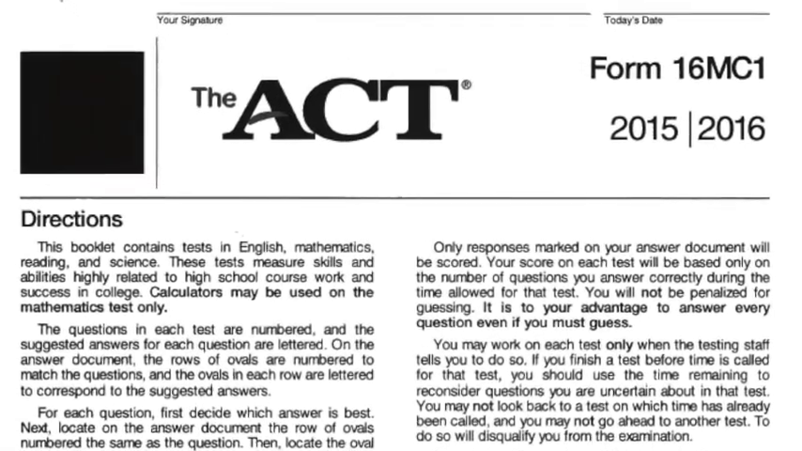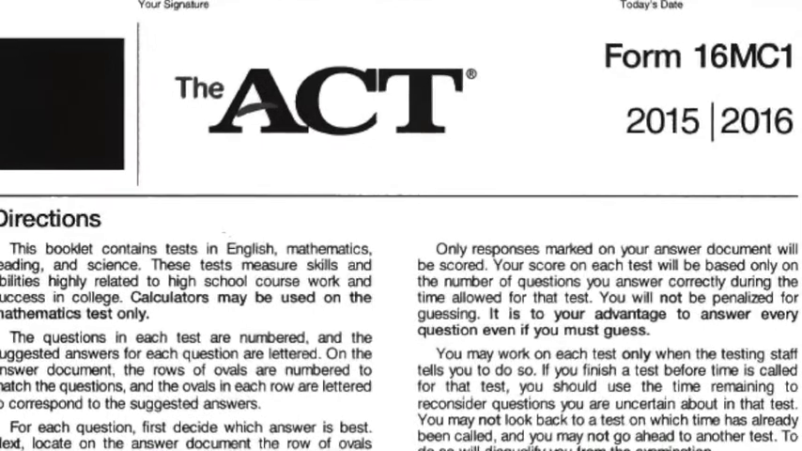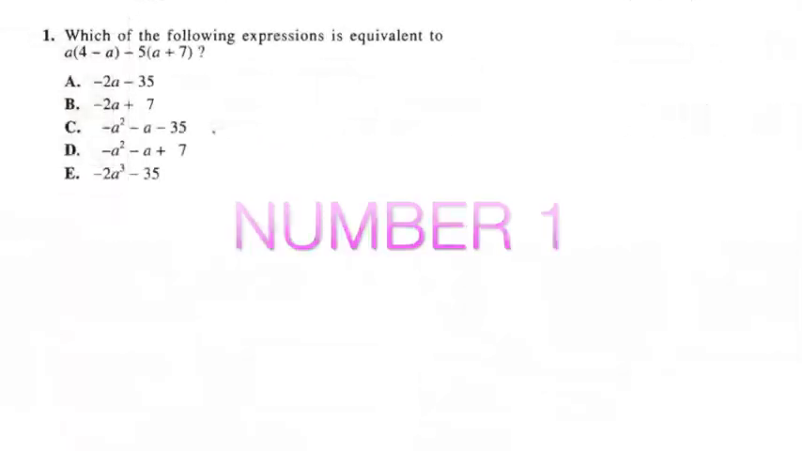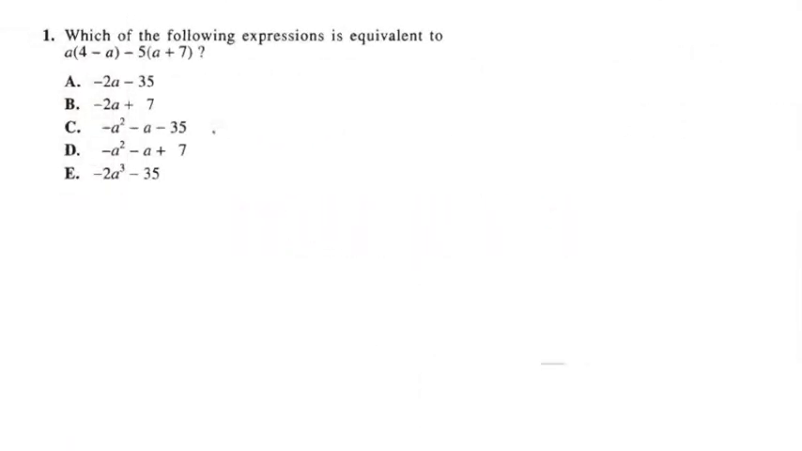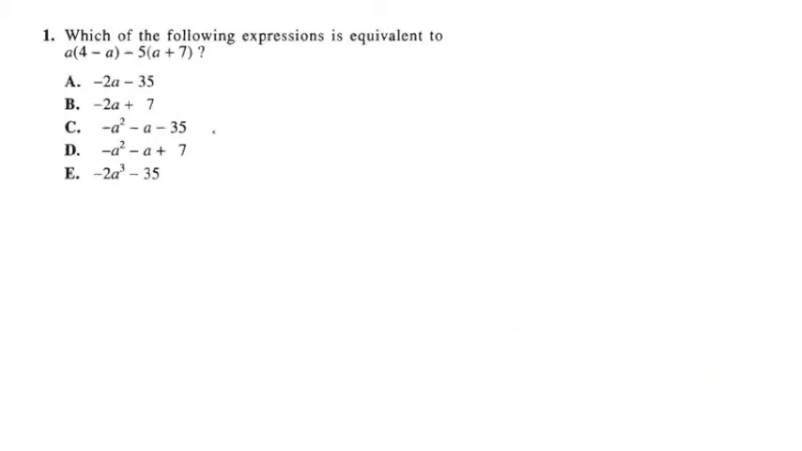Number 1, or MC1. Let's get right into it. Number 1 is an algebra question, and we're dealing with algebraic expressions. Which of the following expressions is equivalent to a times the quantity 4 minus a minus 5 times the quantity a plus 7? The first thing I want to do is rewrite this, and as I rewrite this, I'm going to put the negative a first, and then the 4 second in this expression,